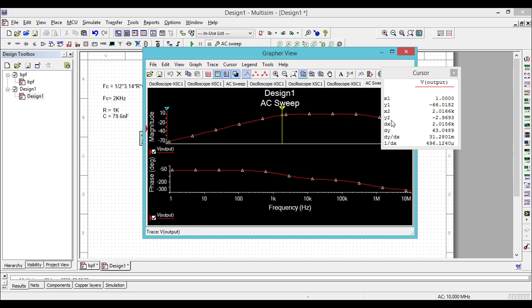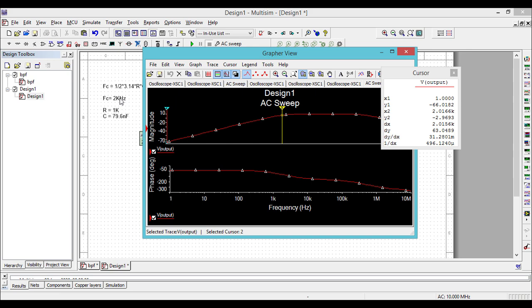So right now the y2 value is approximately -3 decibels. So the corresponding x2 value is equal to the cutoff frequency of the high pass filter. It is approximately equal to 2 kHz, which is the designed frequency of the high pass filter. So we got the correct response from the AC sweep characteristics.